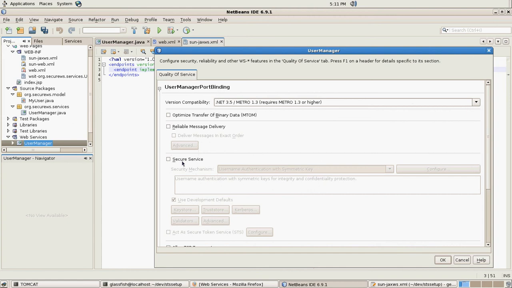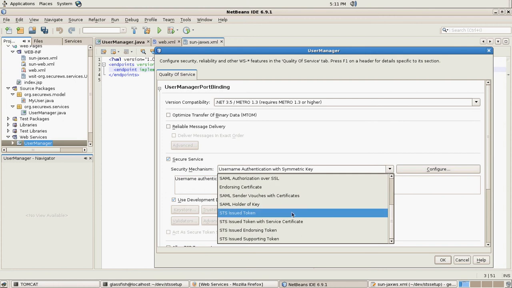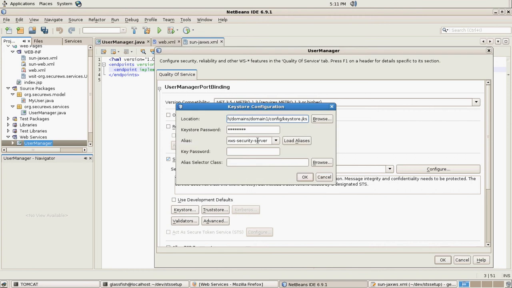Okay, so here we have to turn this on. Oops, there we go. I'm going to switch this to an STS issued token. Turn off development defaults. Now we go get our key. Okay, so these are the ones that come with GlassFish. So we're going to switch these over to the tokens that we created, or the certificates that we created